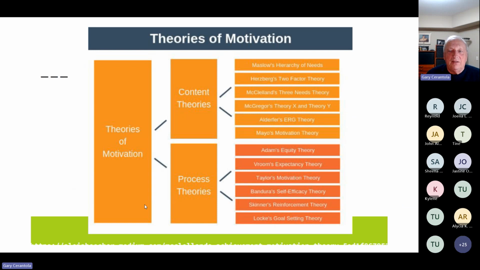So you're going to see a lot of theories of motivation. On this slide, I pulled this right out of your topic 7. And the thing is that there's really two pieces. We're not covering every one of these different theories, but most of them. But look at it this way. In terms of theories of motivation, there's content theories. That's what drives people, right?